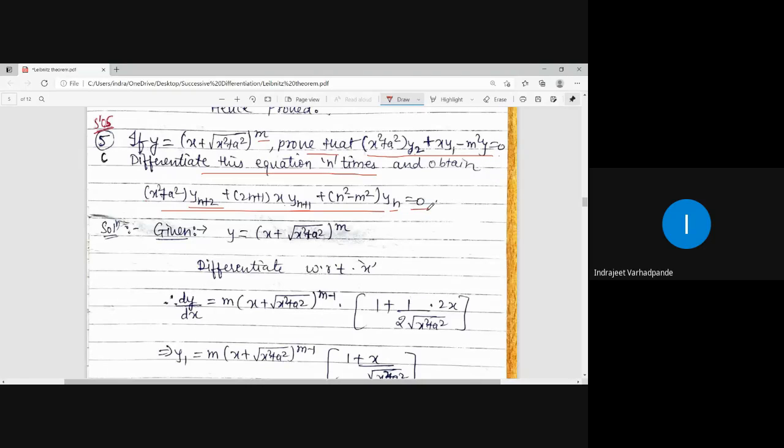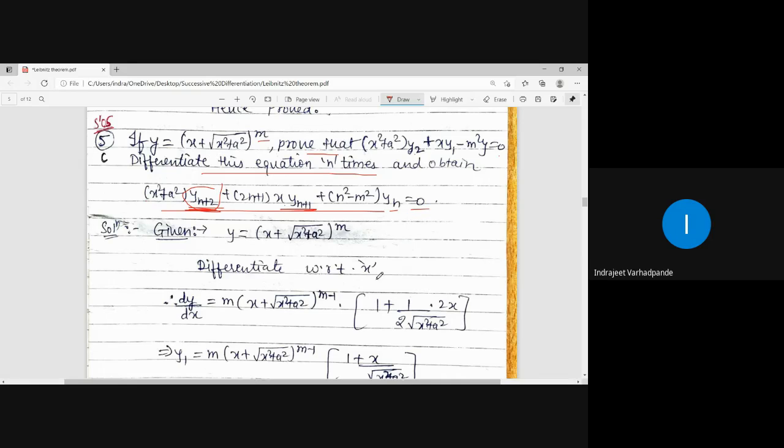Everybody knows that this result cannot be obtained without the statement containing y2 and y1, right? Because unless you have y1 and y2, you cannot obtain y(n+2) and y(n+1), because the statement of y2 and y1 will only be differentiated n times to get the desired result, say y(n+1) and y(n+2). Is this point okay? Clear up to this? Yes sir, understood sir.